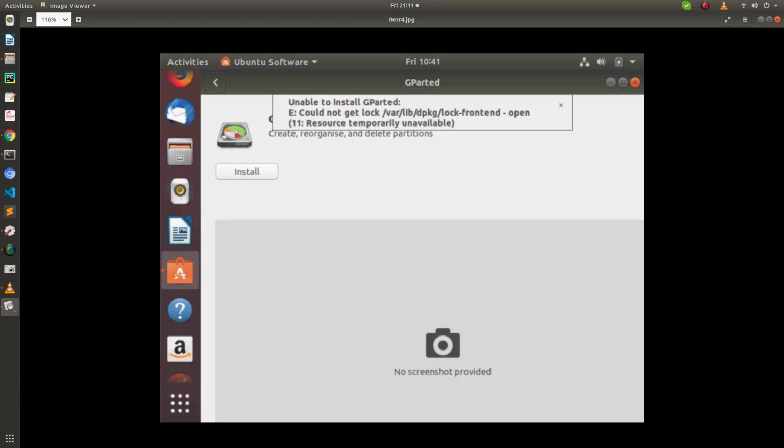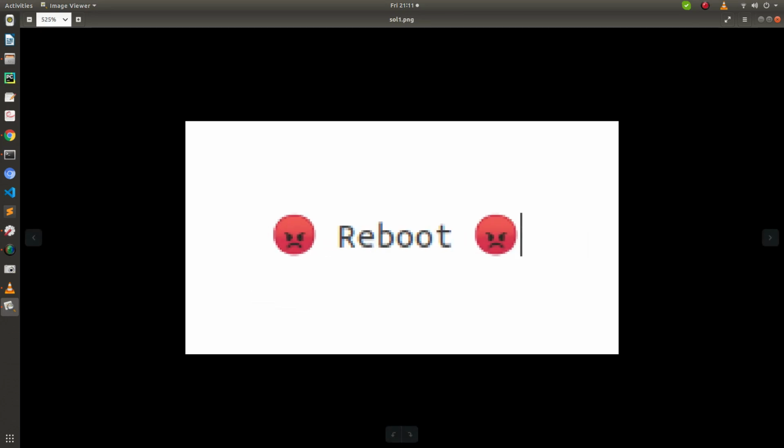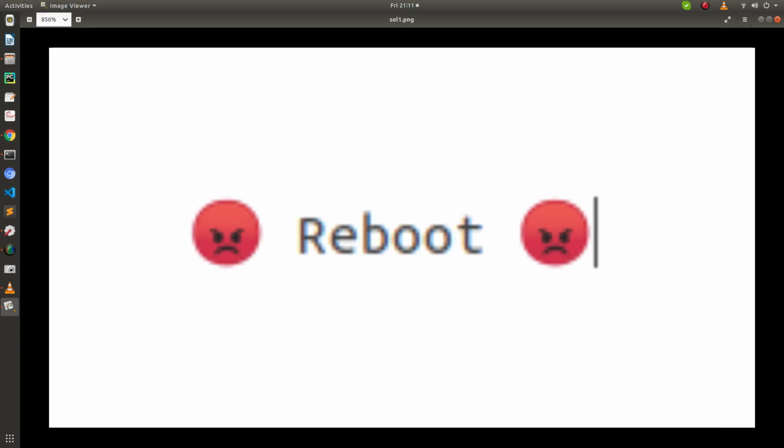The conventional and most basic solution that I can give is just reboot your system. You just need to reboot your system and the problem will go. If you don't have any time and you just want to fix the problem for the moment, and you don't want it fixed for the longer run, you can just reboot and then go and install whatever application you want to install, or if you are removing it, you can remove it. Next, the permanent fix of this problem is a bit longer.